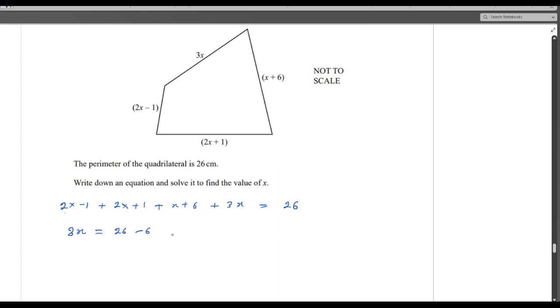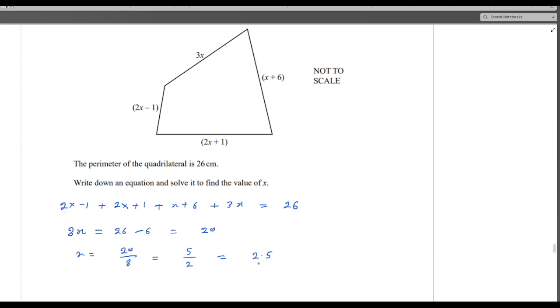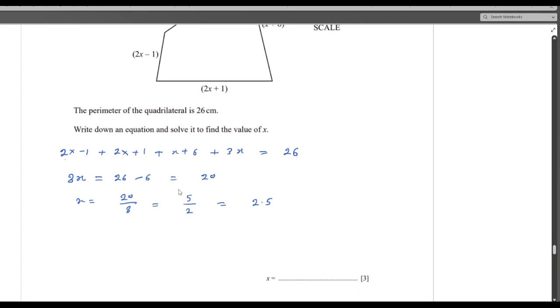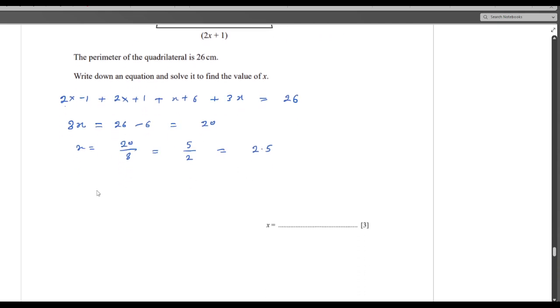26 minus 6, this is 20. So your x value is 20 divided by 8. 4 times 5 is 20, 4 times 2 is 8, so it is 2.5. Okay, let us cross check once again. So 2x, 2x, 4x, 5x, 5 plus 3, 8x, and minus 1 plus 1 cancel, plus 6. And your perimeter is 26, so you equate it with 26. So your result for x is